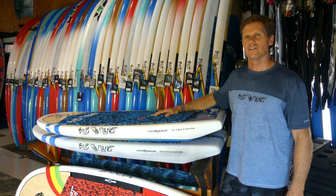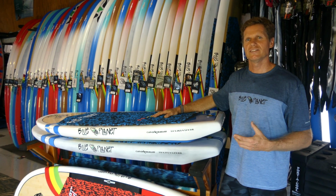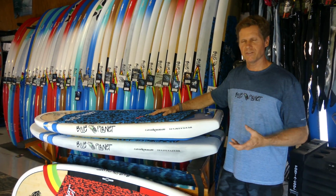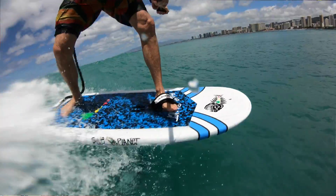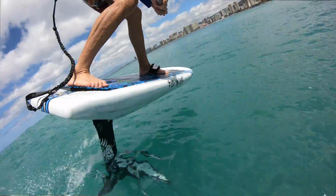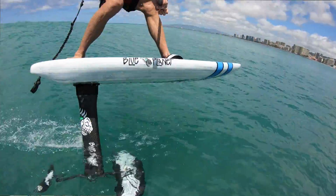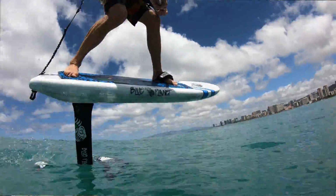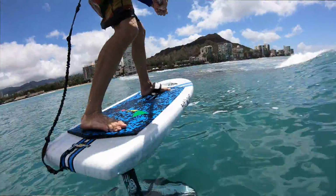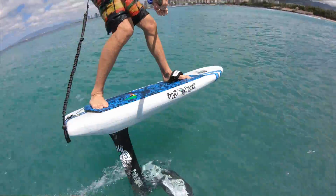They're great for entry-level foiling, makes it easier to catch the wave and get up on the foil and so on. But if you have some experience, you're a little bit better, you know how to engage the foil to catch the wave and so on, and you want something smaller and more high performance, the Carver Foilboards are a great option. Basically what we did was reduce the overall size of the board and still kind of keep the